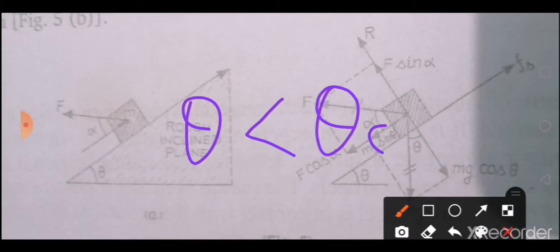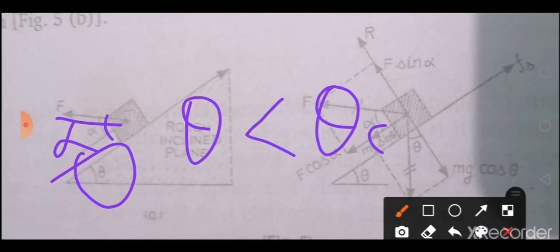Okay, now let's suppose the inclination of the plane is theta. Then you have to consider a horizontal force F. That force F is the force which is externally given to initiate motion. That force is going to make an angle alpha there. Got it? So these are the basic things you have.